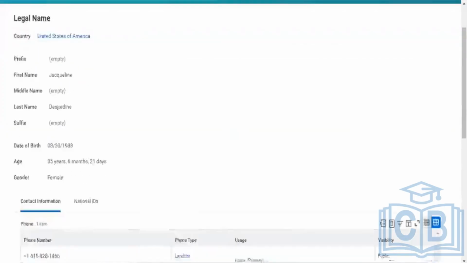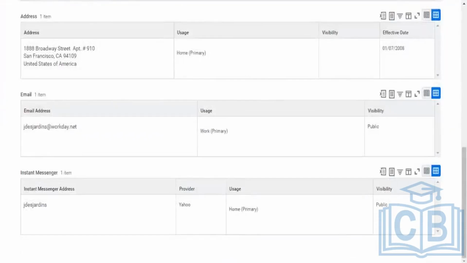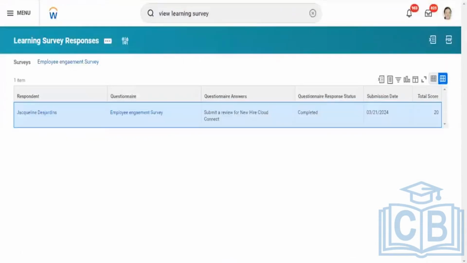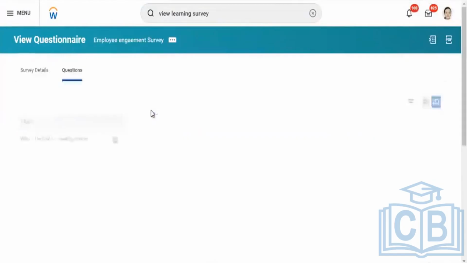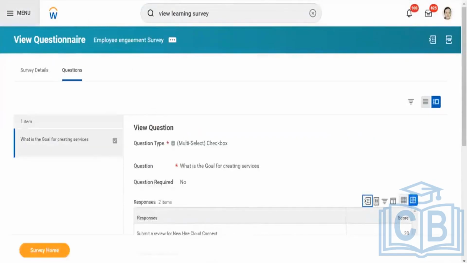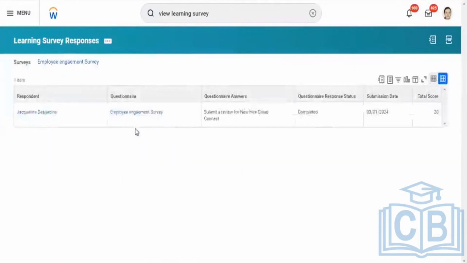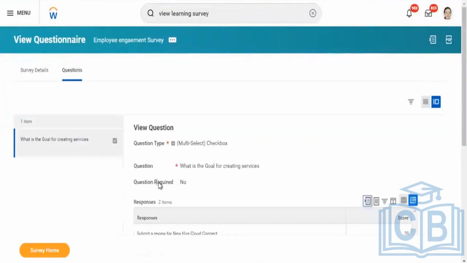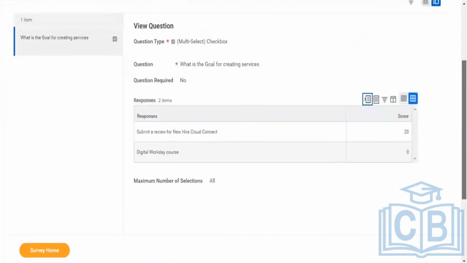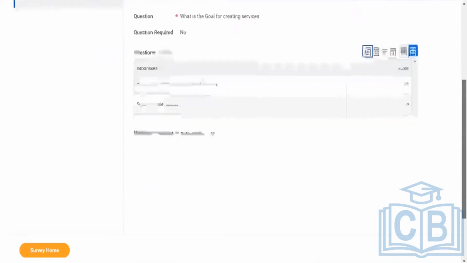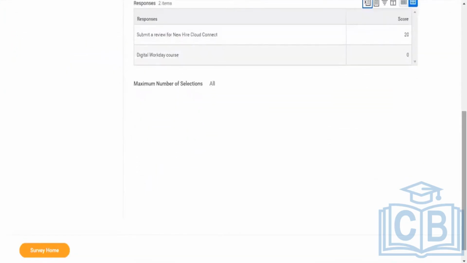We will be getting the contact information and the other one. Here only the answer. You see now, the question submitted review for new cloud connector. The goal question is required. It was only one question that we answered.